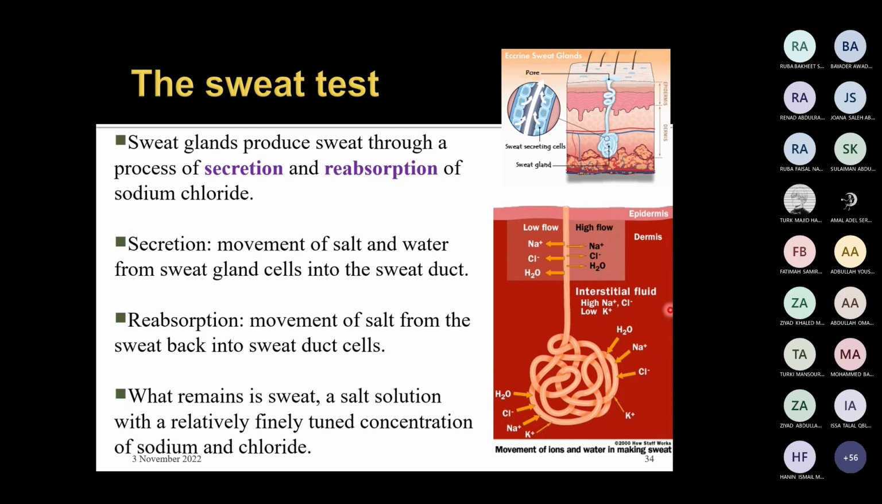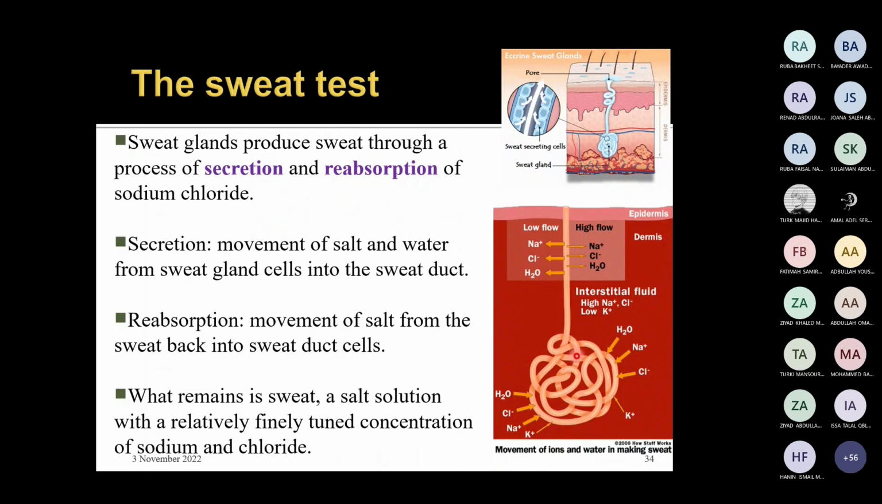So at the end, what remains in the sweat on the surface is a salty solution with a relatively fine-tuned concentration of sodium and chloride. So there is no large sodium chloride loss, and there is an acceptable amount of water loss. What we want in the sweat is the water, because when the water evaporates, it decreases the body temperature and helps in controlling body heat. Body heat is controlled through sweating, one of the main mechanisms. What we need in the sweat to control the body heat is the water. So we want the water to be secreted, but